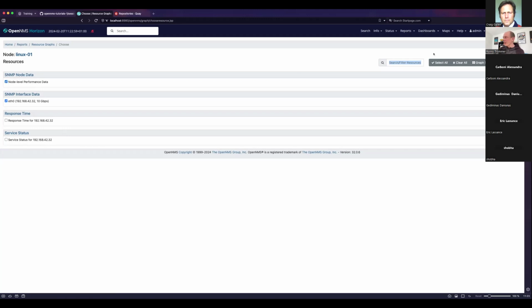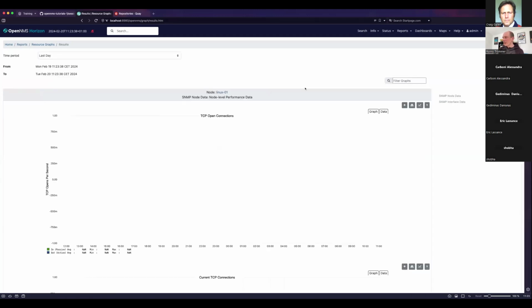So just have a look at it. We graph it, and then you will see pretty empty graphs because we just provisioned a node. There's not much data here. You need at least about 10 minutes, two consecutive data collections, to get a point here. So if we keep that running for a while, you will see points starting to come up.